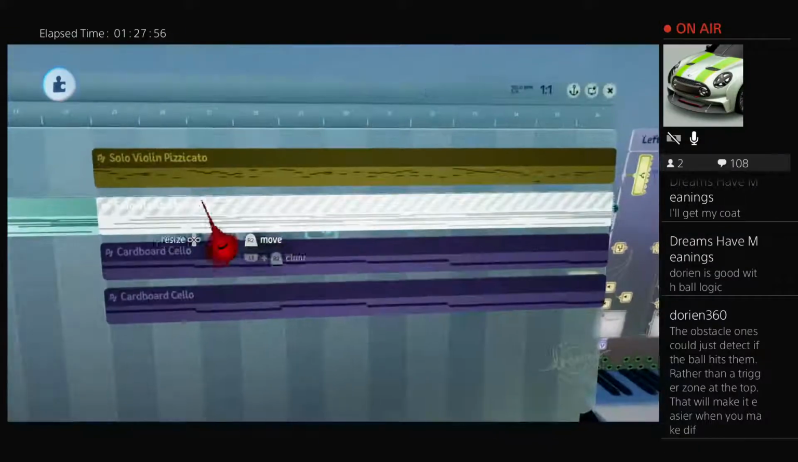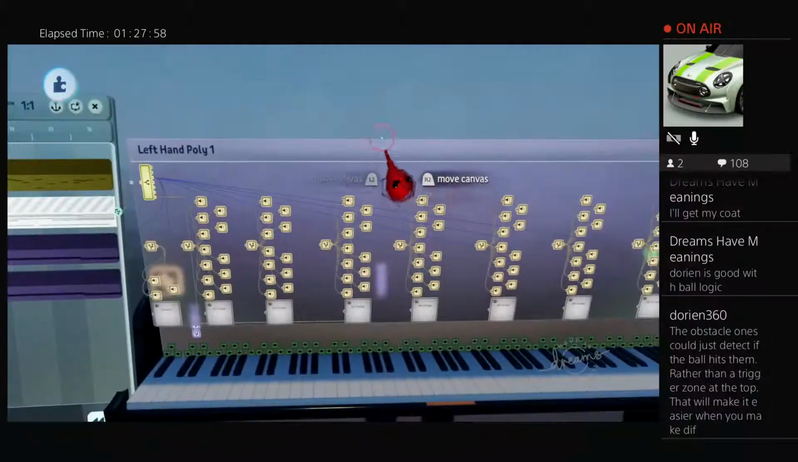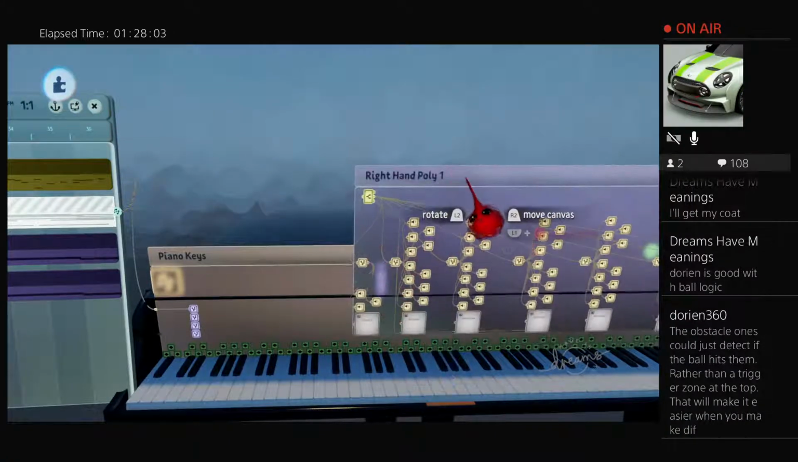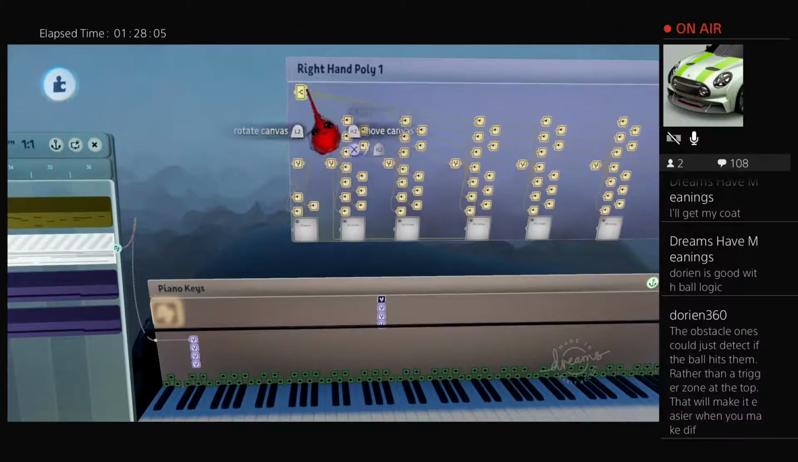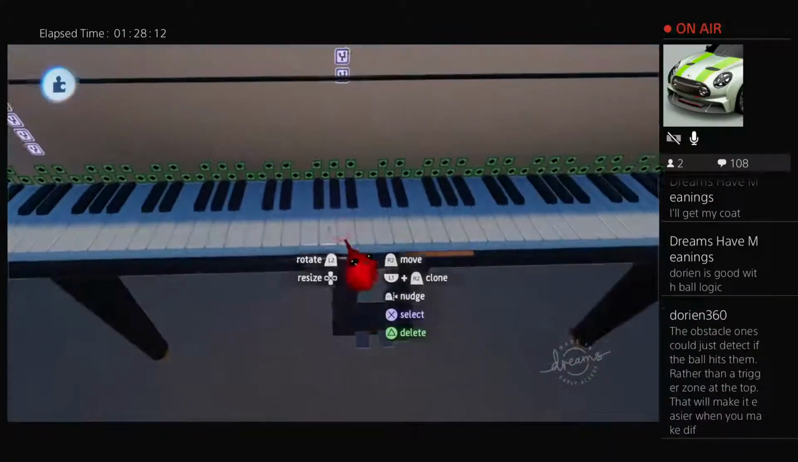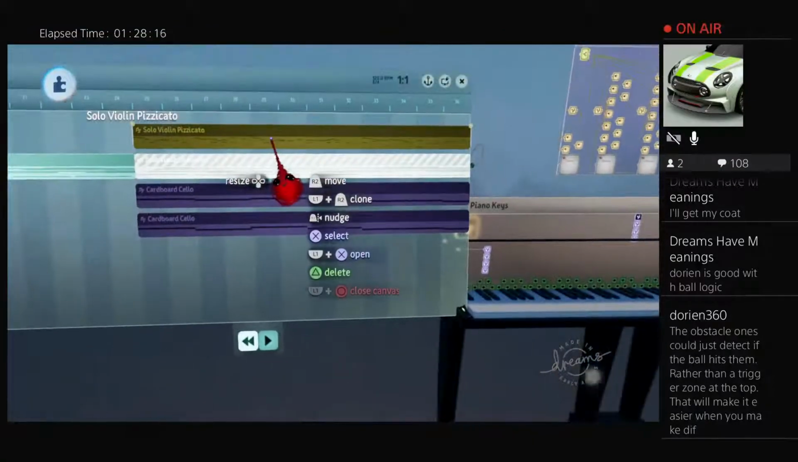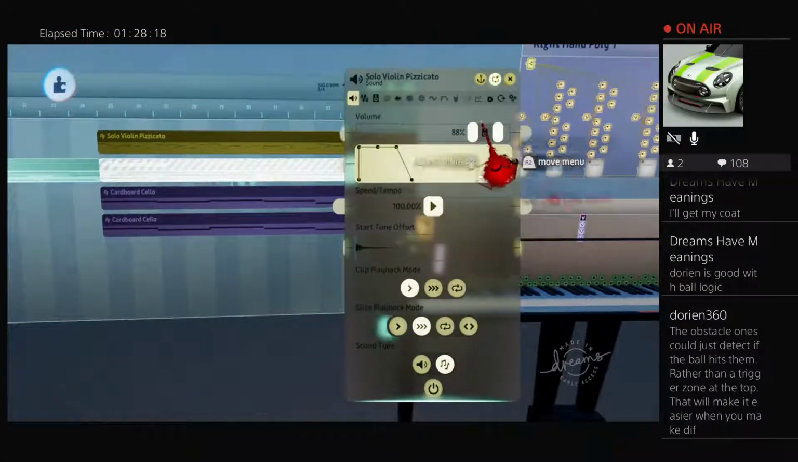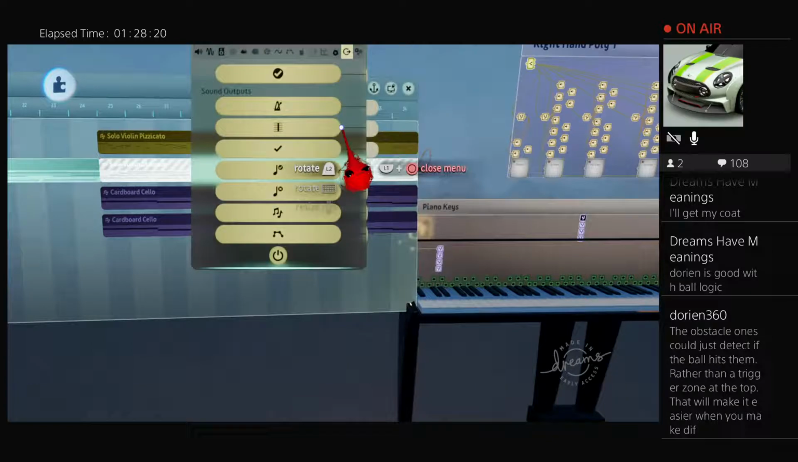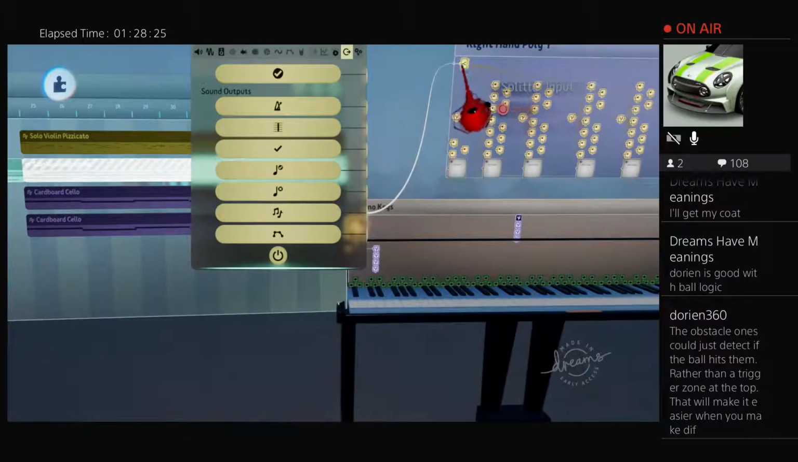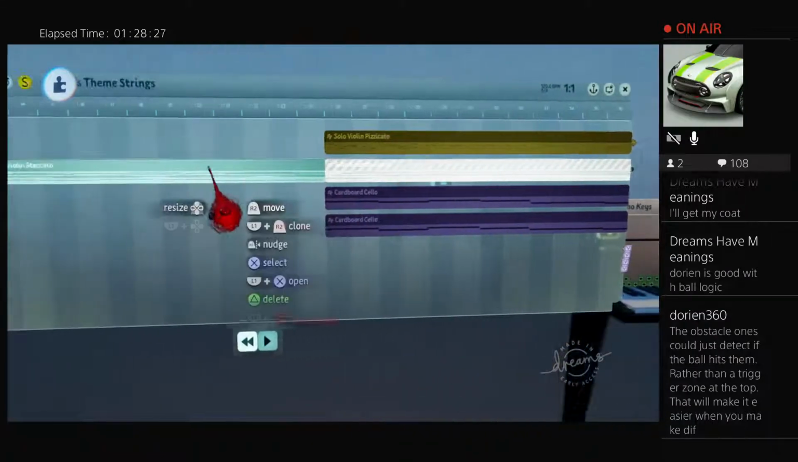So then we go on to a solo violin pizzicato. What I can now do is jump into my right hand poly one, because this can only detect one note at a time. But if you simply clone it, you end up with the ability to play multiple notes at once. So if I go into this and do exactly the same thing again, and I grab my composite note data and chuck that into my splitter and it splits everything out,